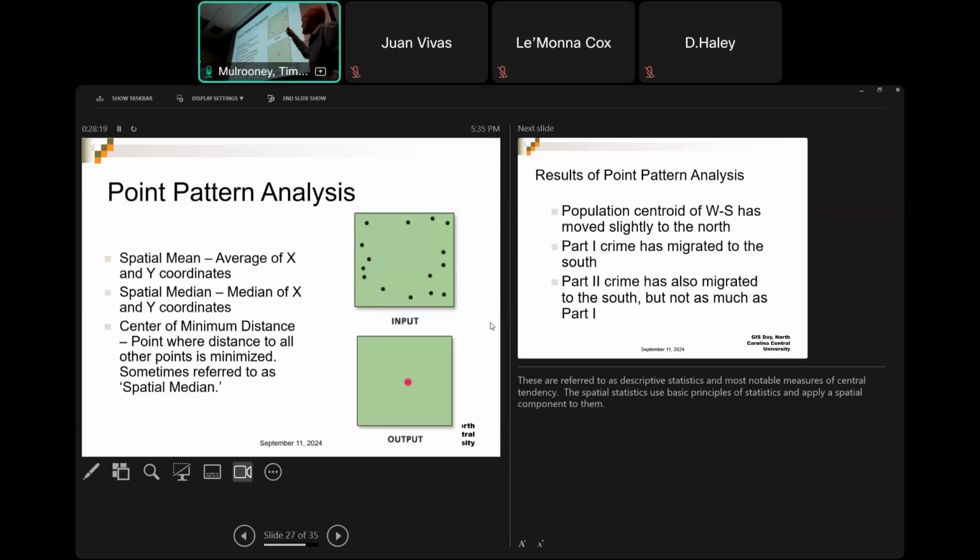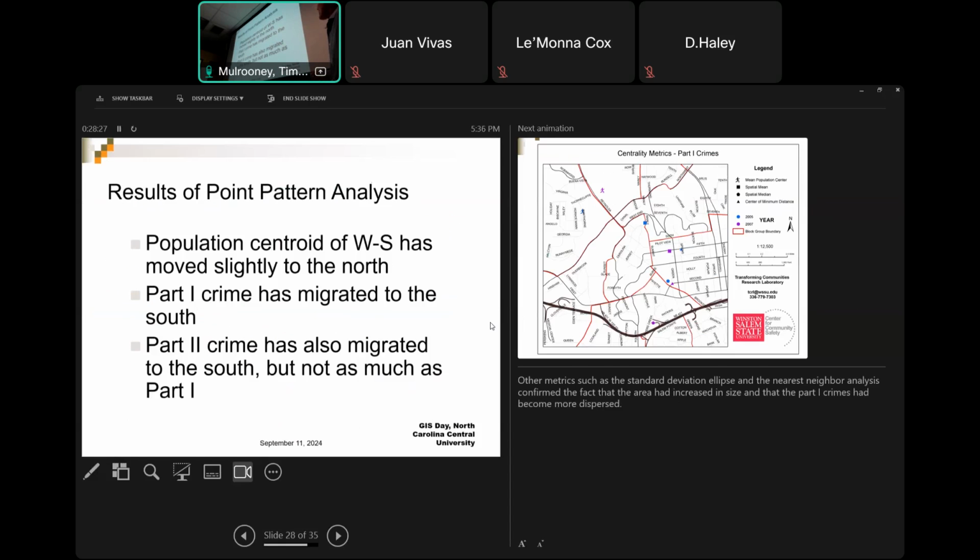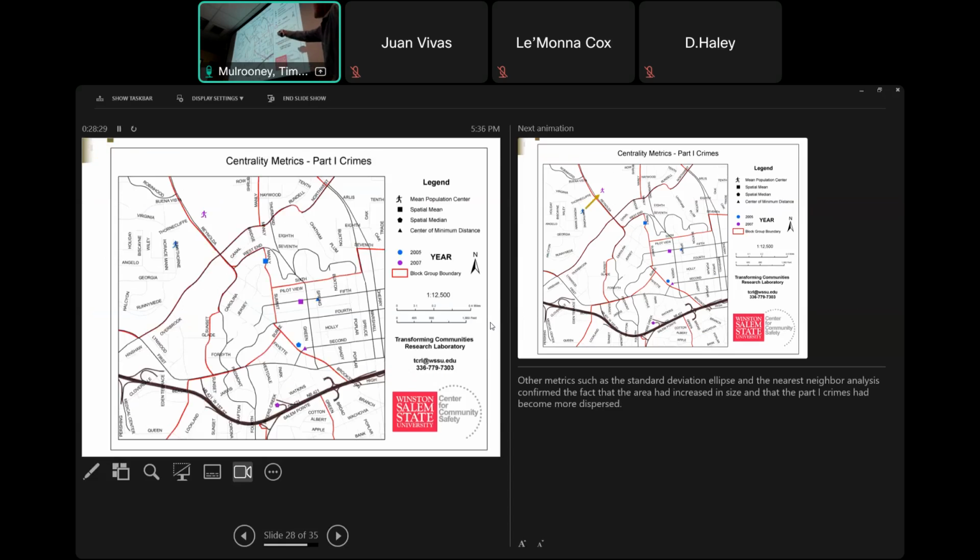And then we have things like spatial median. There are a couple of different definitions of spatial median, like the center of minimum distance. But what I did here was, here are the people, the population. We're going to talk about population centroids, where when I annexed the area, the center of population moved a little further to the north. We gobbled up more people, or they gobbled up more people, a little further to the north than to the south.